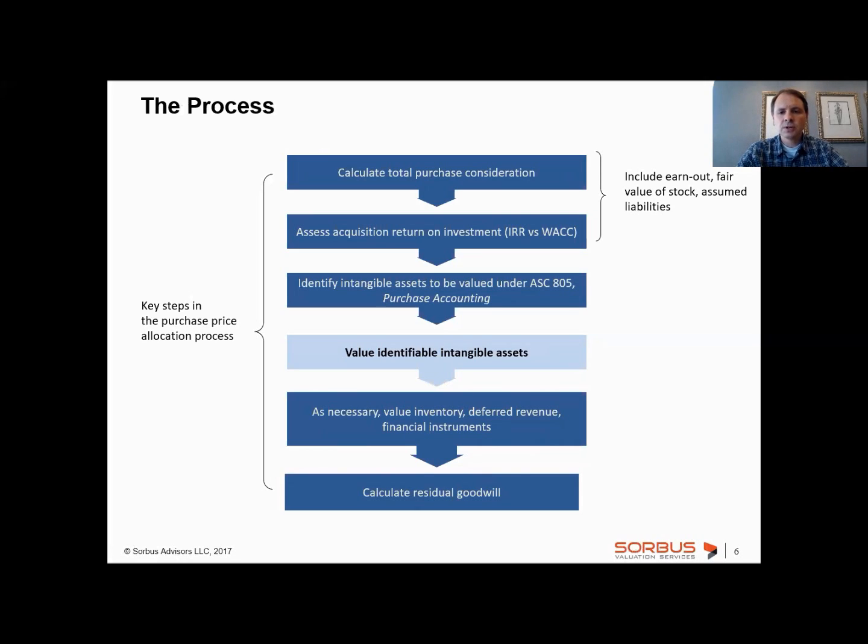Now, the valuation work, see, I'm still staying on the slide, but valuation work may often start with determining purchase consideration. So when it's cash, it's easy, but when the company paid for the acquisition with their own stock, it's easy only if you're dealing with a public company that makes an acquisition. If a private company makes an acquisition, then you have to really pay attention and try to determine what the value of those shares is. Now, a lot of times we see in purchase agreements there is a notional amount attached to the shares, and most of the time that number is not usable, it's not applicable.